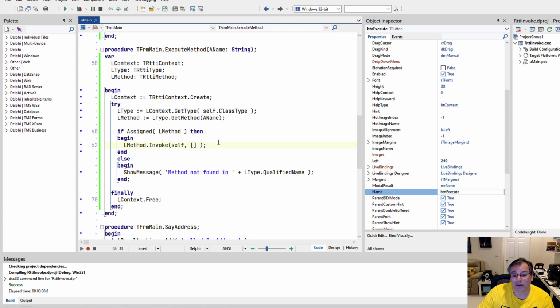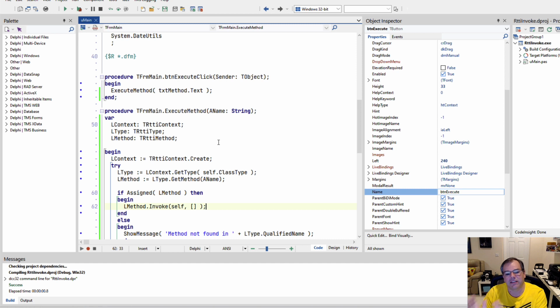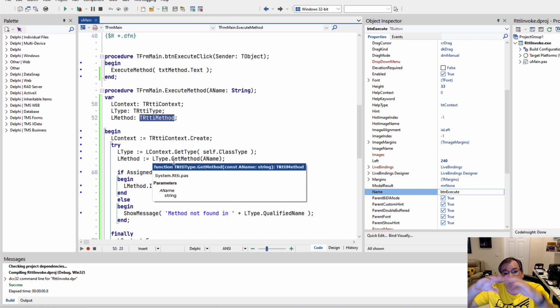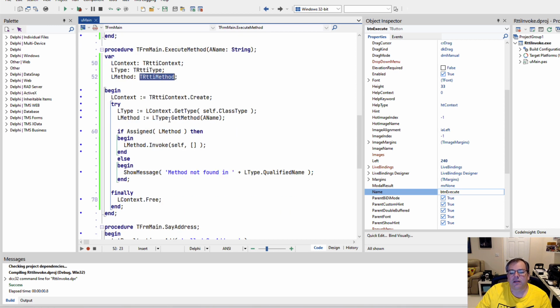And this already concludes this episode because that's how easy it is. It is a very advanced topic, but if you remember that you have the context, which gives you information about all the types in your application, the type itself describes one of these types and allows you to look up things for that type, for example, a method, and then TRttiMethod only describes the method, but you can still use this descriptor, so to speak, or this description of the method to invoke an actual method with that name that matches that description, so to speak, on the object that you specify.